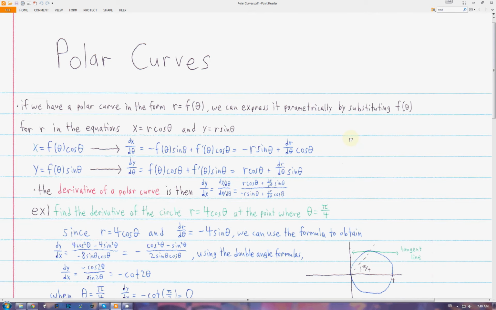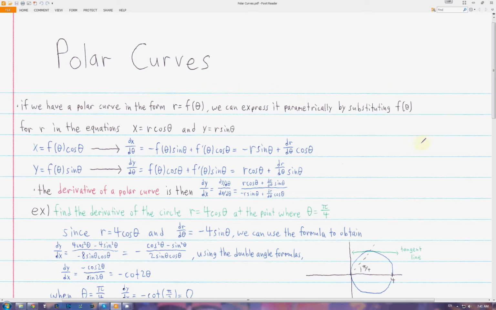In this video we're going to be applying calculus to polar curves, and I'm not going to be reviewing the basics of polar coordinates or polar graphs, so review those before you watch this video. So our first problem is coming up with an equation for the slope of the tangent line to a polar